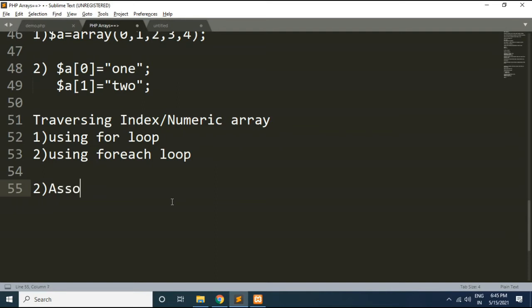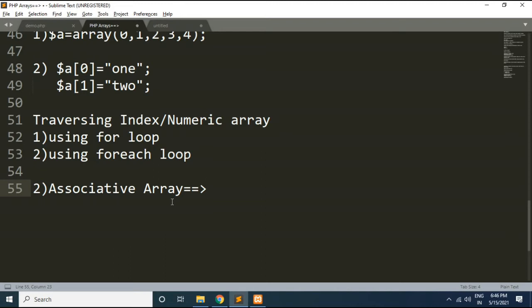The second type is the associative array. Now what are associative arrays? This type of array is similar to index arrays or numeric arrays, but there is one difference, and that difference is that instead of linear storage, every value can be assigned a user defined key, which will be string type.